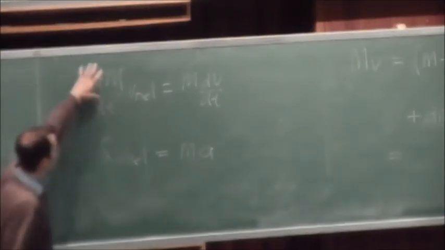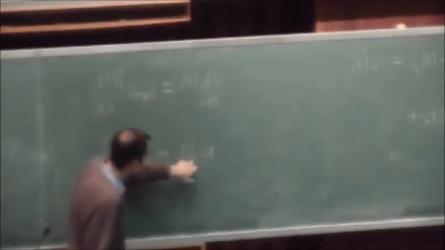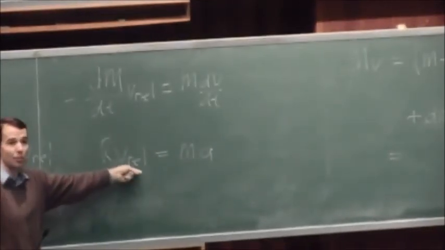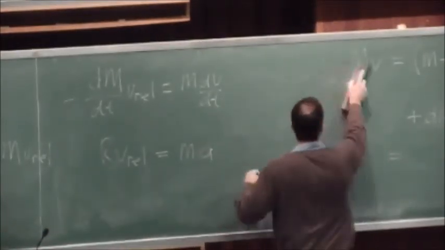But this is the important part. I have the rate at which mass is being discharged, that's why it's negative, times the velocity here, and that's equal to its mass times acceleration, which is just the force. In other words, the thrust, or the force, is equal to the rate times the velocity at which it's discharged. Okay, so if I look at this,